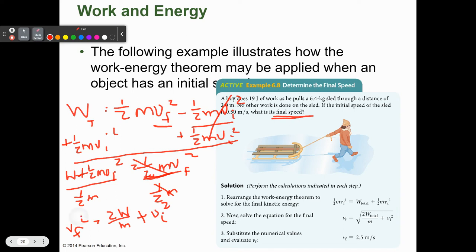Then lastly, I need to get rid of that square, so I'm going to take the square root of both sides. So Vf is going to be equal to the square root of 2 times the work divided by the mass plus Vi